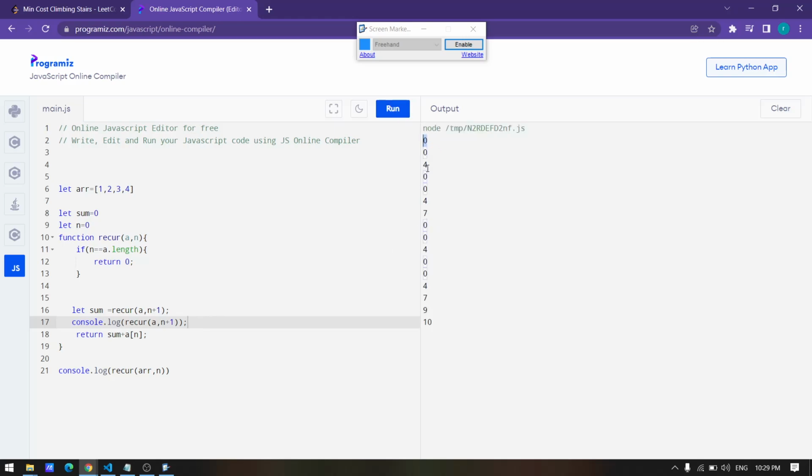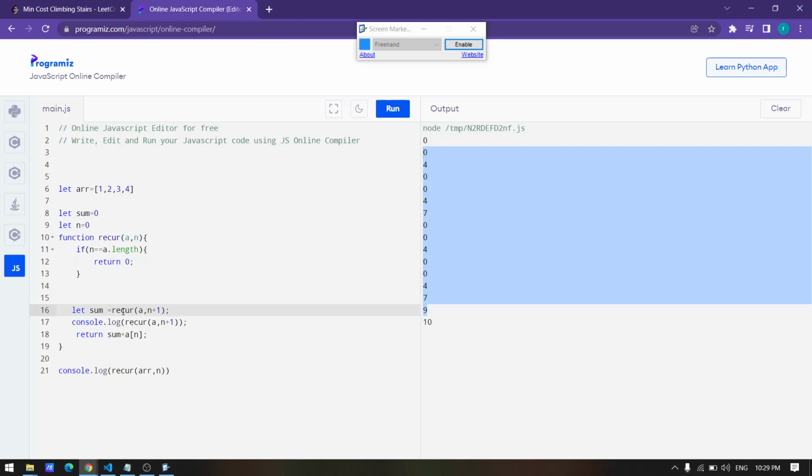First the value is 0, then 0, then 4, then 0, 0, then 4, then 7, then it is adding up both values, 4, 7 and 9, and 10. By that way it is summing up all the values in the recursion.